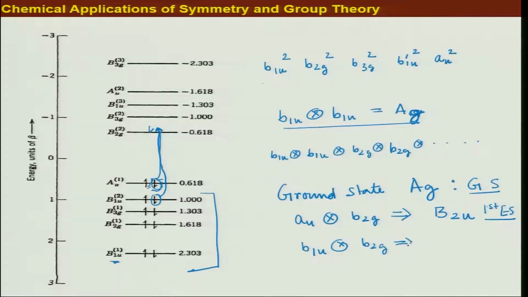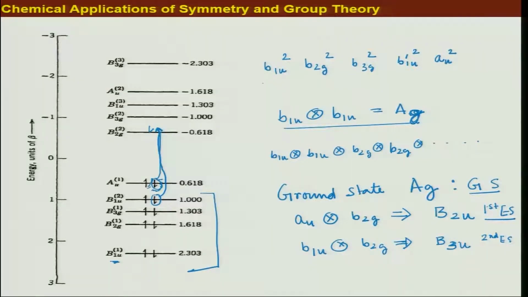If you have a look at the character table and carry out the direct product, you will see that this gives you B3U. All right. So this is my next excited state. Okay. So if I call it a second excited state,